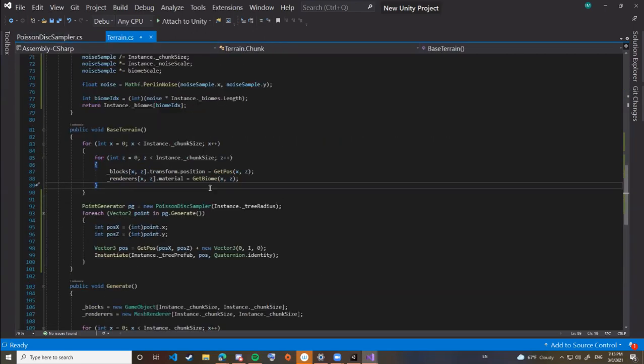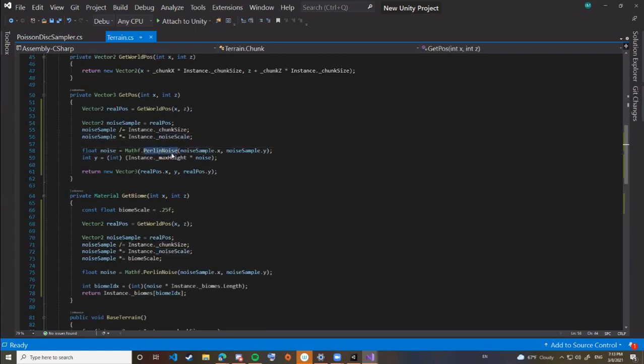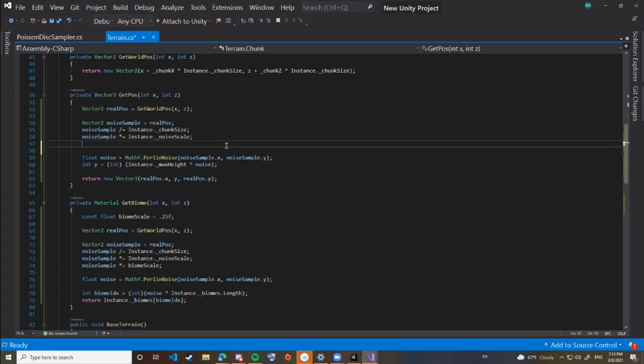Okay. So we could replace our Perlin noise here in get position with math, or we could just do float noise equals random, where we do some sort of hash of the x and y values. So like noise, I'm just gonna multiply them. It's not a really good hash, but noise sample that x. Doing hashes now. Oh yeah. Also, I'm gonna stop streaming. I'm just gonna multiply. It's random dot